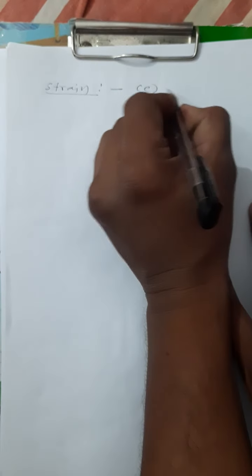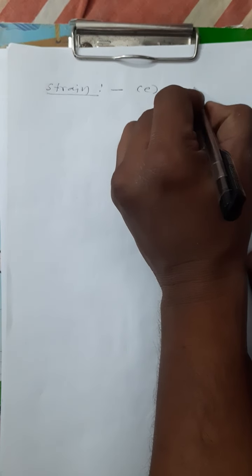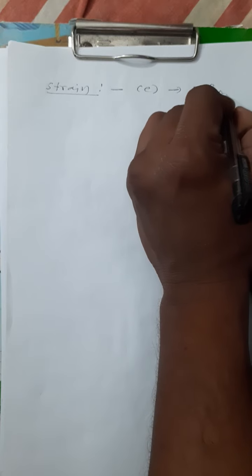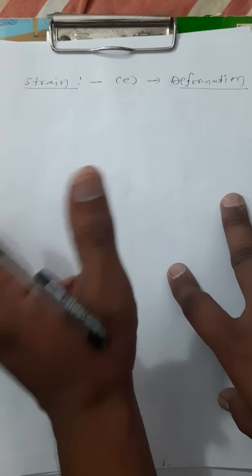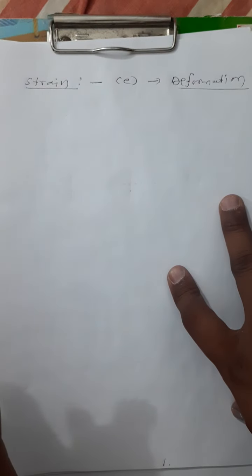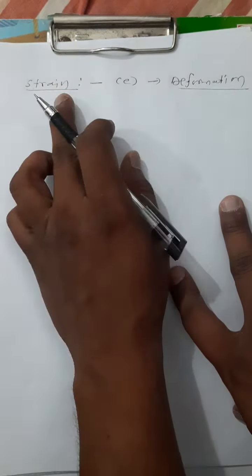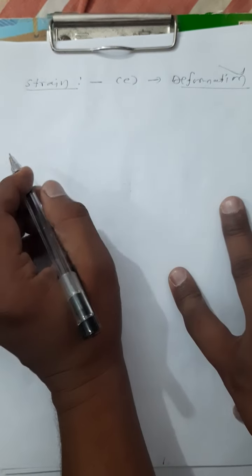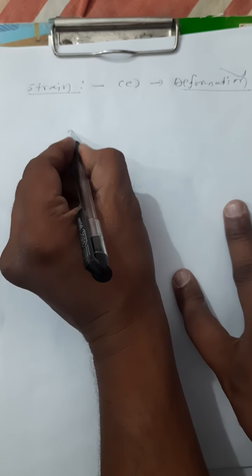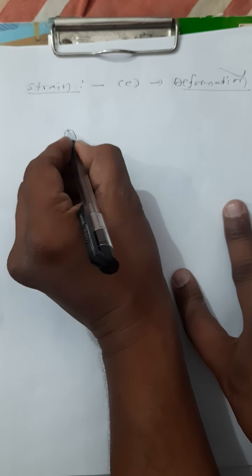So what is strain? Strain is nothing but deformation, simply deformation of a material. It's called strain. Are you getting, my dear students? And strain is always denoted by e. So strain means deformation in a material. Are you getting? So see, suppose, assume this is one part,